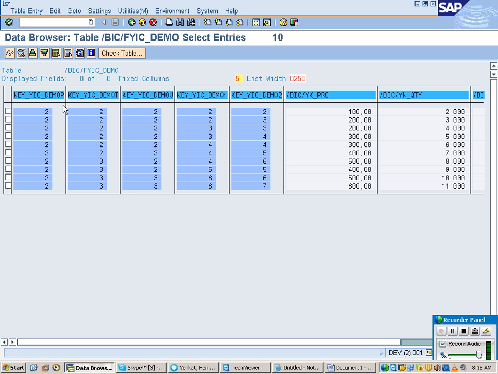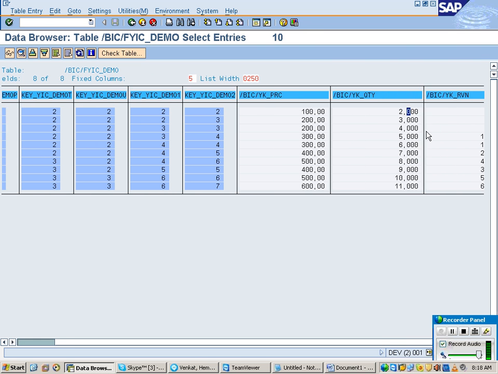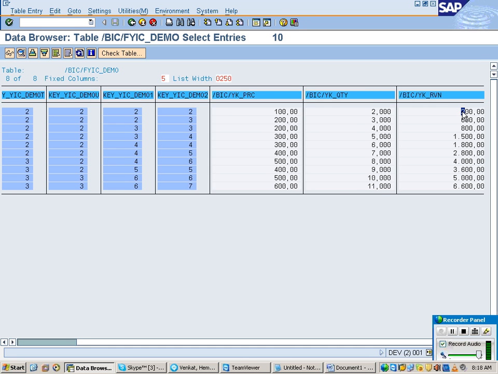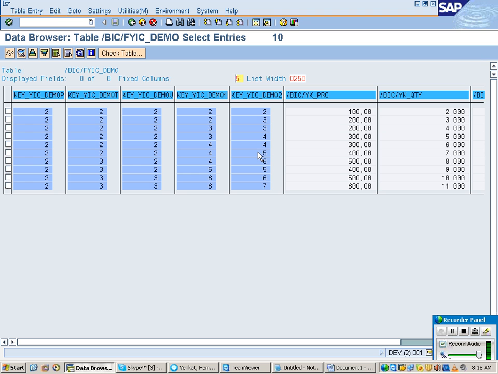So I just clicked on fact table and execute. So now how is that data stored? In the form of dimension IDs. Actually, what is the data we have loaded? C1 M1, C1 M2. But how is it stored now? 2, 3, 4, 5, 6. These are all, 100. Quantity was 2. 100 into 2 is multiplied by. Key figures are stored as they are, but the characteristics are stored now with respect to what? Dimension IDs.